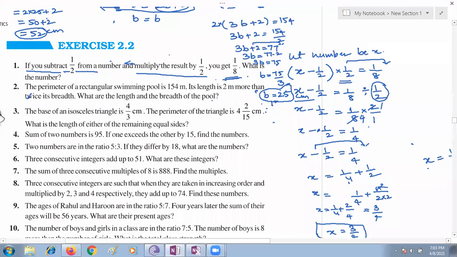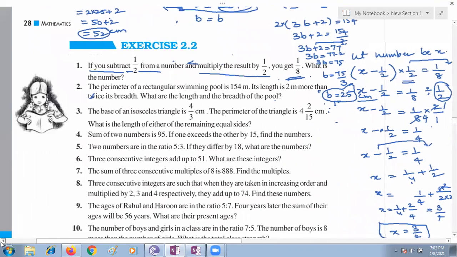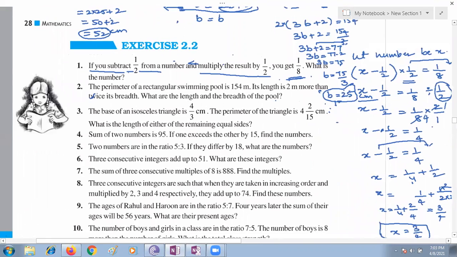Why are you taking x plus... Ma'am, we can write 2x because the same number exceeds the other by 15, ma'am. Like the same number plus 15 is equal to the other number. Okay. What were you supposed to take? Ma'am, 2x plus 15 is equal to 95, ma'am. According to you, anyway, you can do this. Let me write on the screen. We have to do x plus 15 is equal to 95. 2x plus 15 is equal to 95. 2x is equal to 95 by 15.